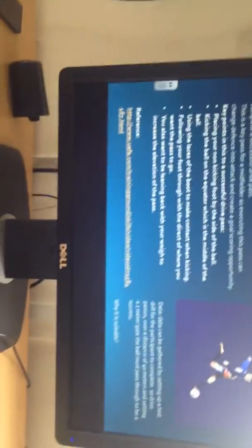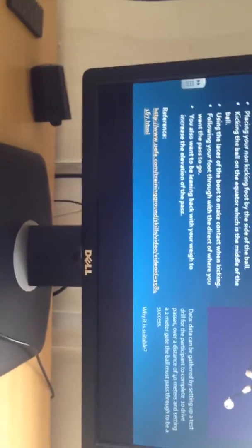Because if it's any further than that, it could be that it's intercepted, or the player went onto it, had a heavy touch, and the ball's been lost. So you're going to want to try and get it as close to the player that you're trying to create that pass to, for it to be as successful as possible. I think this is suitable